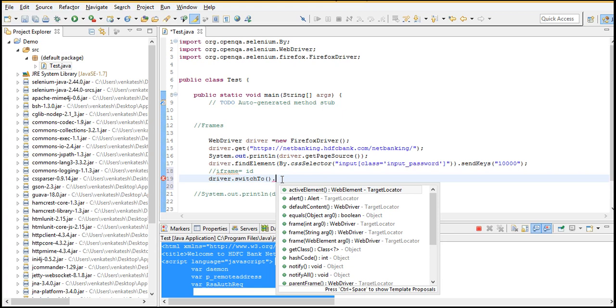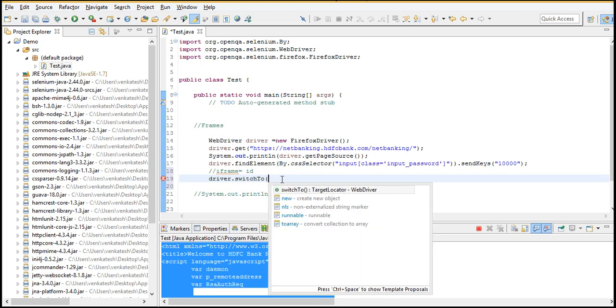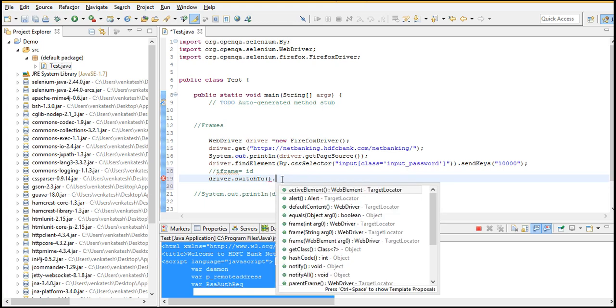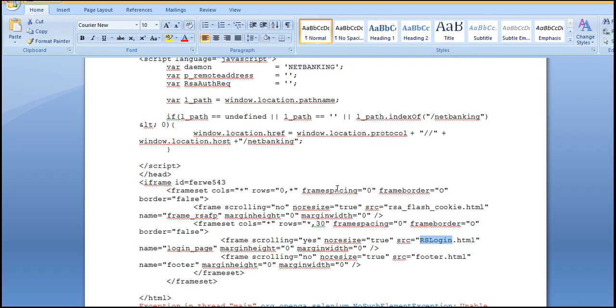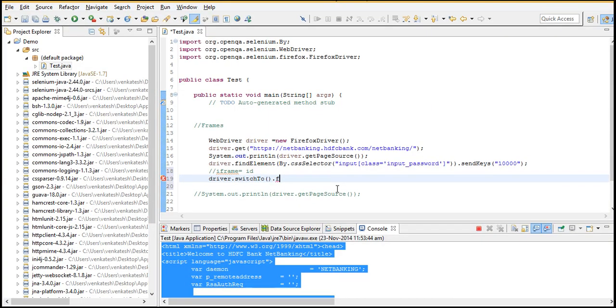We are switching from the web page to frames, dot frame. See that there are three methods in total. One is expecting the frame number. That means if you know which frame it is in, just mention the index of that frame. In our case, we are sure that it was in the second frame. If it is in the first frame, give the index as 0. If it is the second frame, give the index as 1.